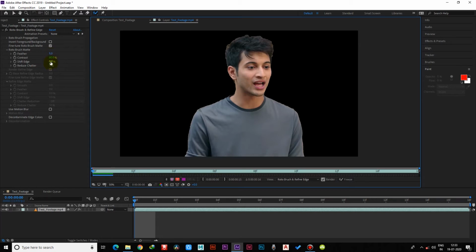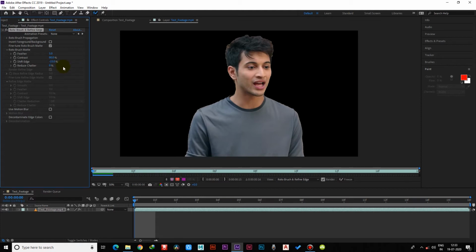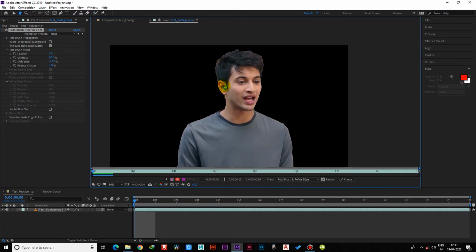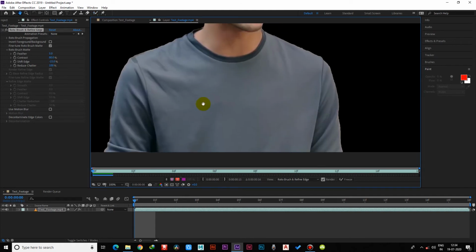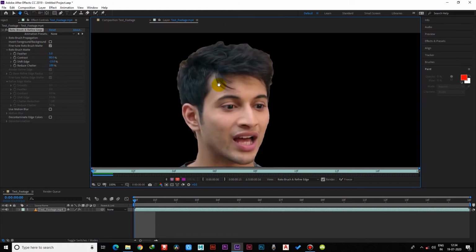Now tweak the parameters of the brush to further improve the look of the edge. Here I have set the value of shift edge to -15. You can play with your own. And for reduce chatter, I always like to set the value to full 100. It reduces the flickering around the edges. Contrast means how much detail you want to preserve on the edge. I leave it as it is, and I also don't want to change the value of feather. If you need, you can. Feather means smoothing on the edge.